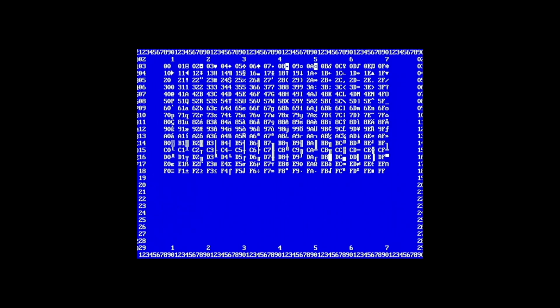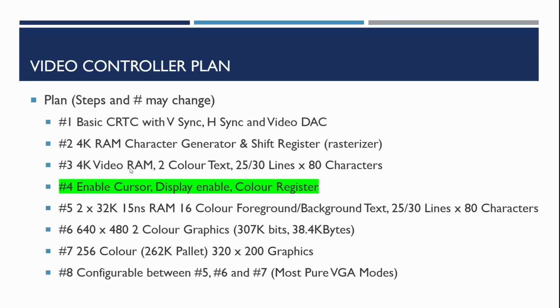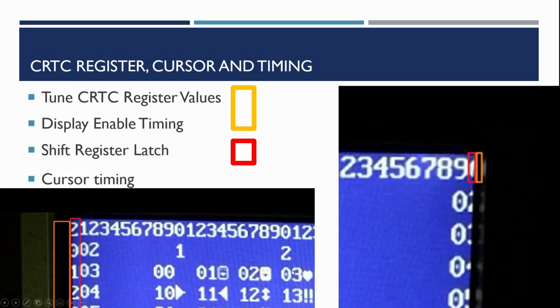And we're also going to be adding support for a cursor, which is going to be adding sort of an underbar under the currently selected character. We just need to make sure that the bar appears in the correct character position based on the CRTC register values. So if we go back and just show those issues in a little more detail,